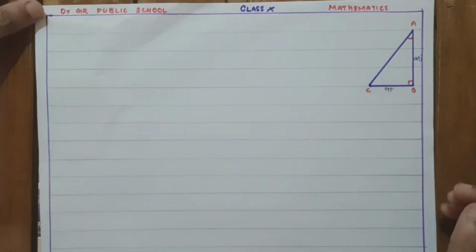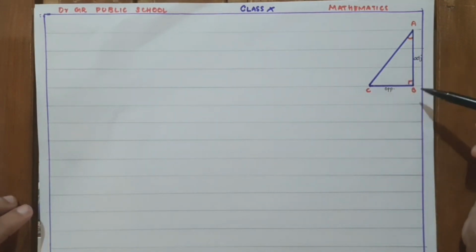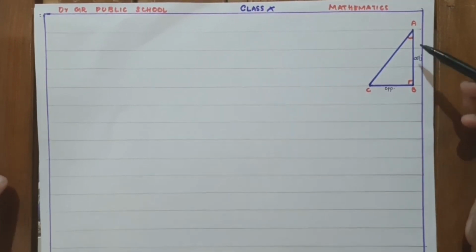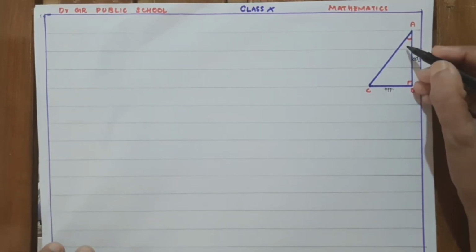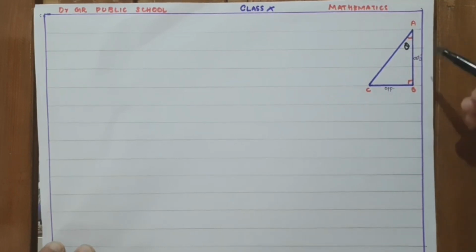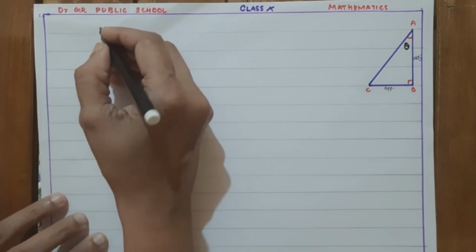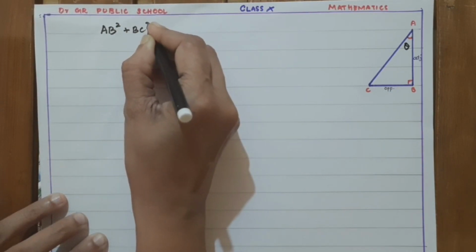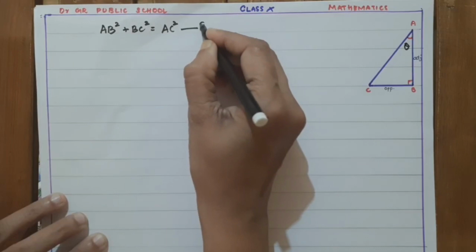So we are moving to the next identity. For that we have the same right triangle ABC, right angled at B. And we are considering the acute angle A, and there we named it theta. Isn't it? So AB is the adjacent side and BC is the opposite side. And by Pythagoras theorem, what equation did we have? We had AB square plus BC square is equal to AC square. This we named as equation 1.